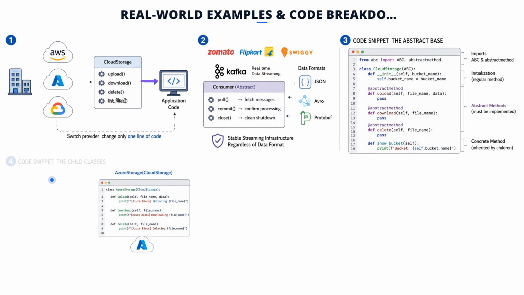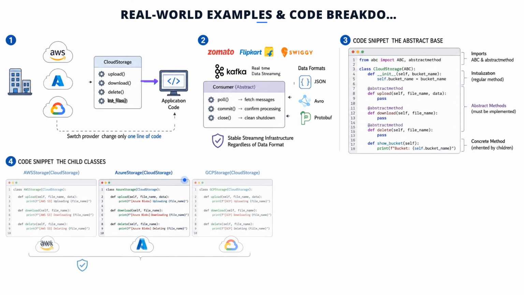Now let's look at the implementation. The code defines three child classes down here: AWSStorage, AzureStorage, and GCPStorage. Each of these inherits from CloudStorage. To satisfy our abstract contract, each class provides its own specific logic for those required methods. For instance, when AWSStorage calls upload, it prints a message specific to AWS S3. When AzureStorage calls the same method, it prints a message regarding Azure blobs. Despite these different internal behaviors, they all share the exact same method names and signatures defined by the parent abstract